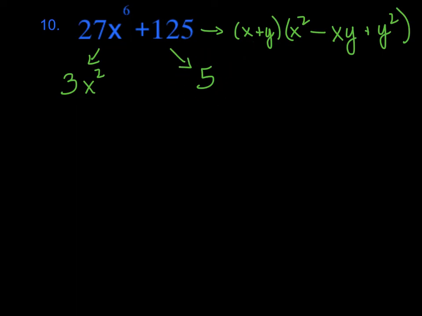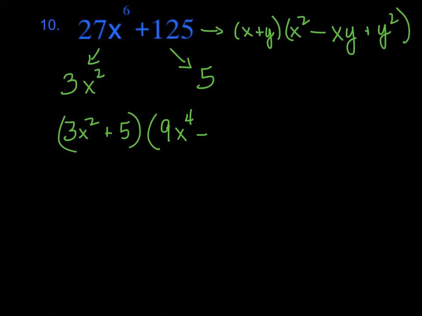Okay, all right, so I'm going to have 3x squared plus 5, and then in the second set of parentheses, when I have x squared here, what that means is the first term squared. Well, here's my first term, and I need to square it, but remember, I need to square the 3, and I need to square the x squared. So when I square the 3, I get 9, and when I square x squared, I get x to the 4th,